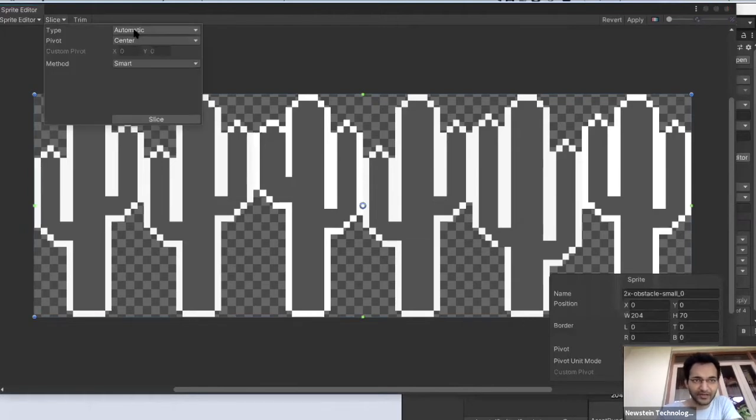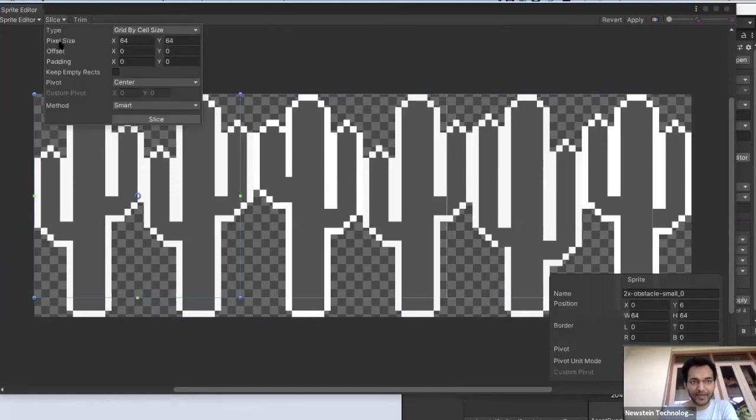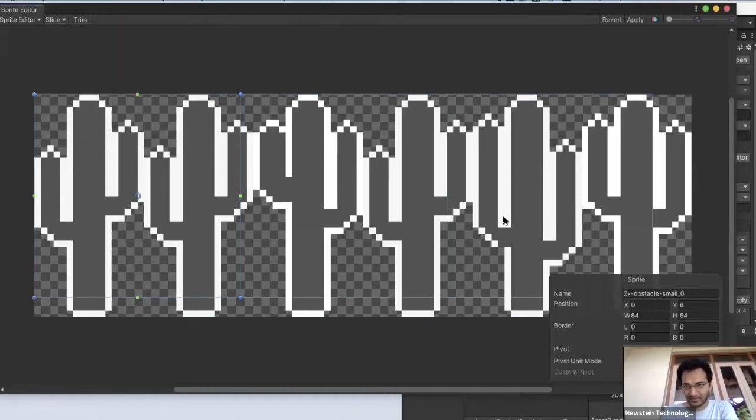There are other options, which are grid by cell size and grid by cell count. Okay, cell size, pixels. Okay, if I try this thing, it breaks down into 3 parts. So this is the second option, which is to slice it by the size of cells. This is one cell, so size of cell. There's some default cell height and width selected. With this, I sliced it, and we can see that I now have 3